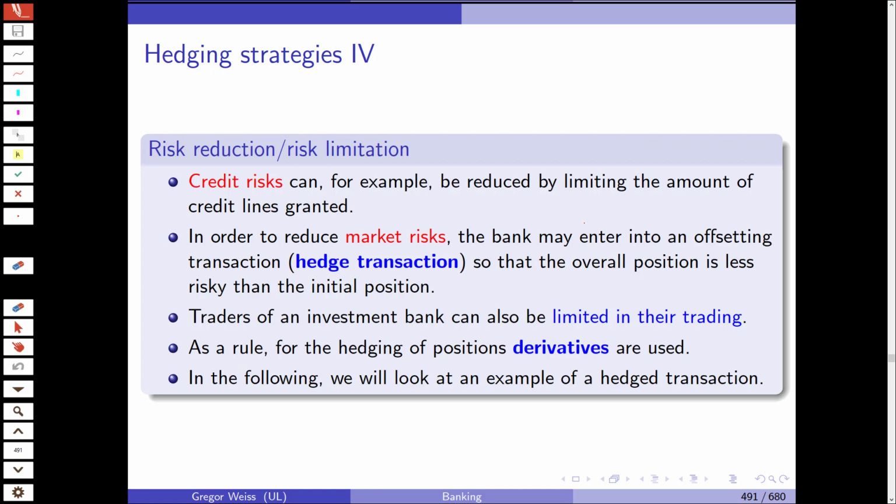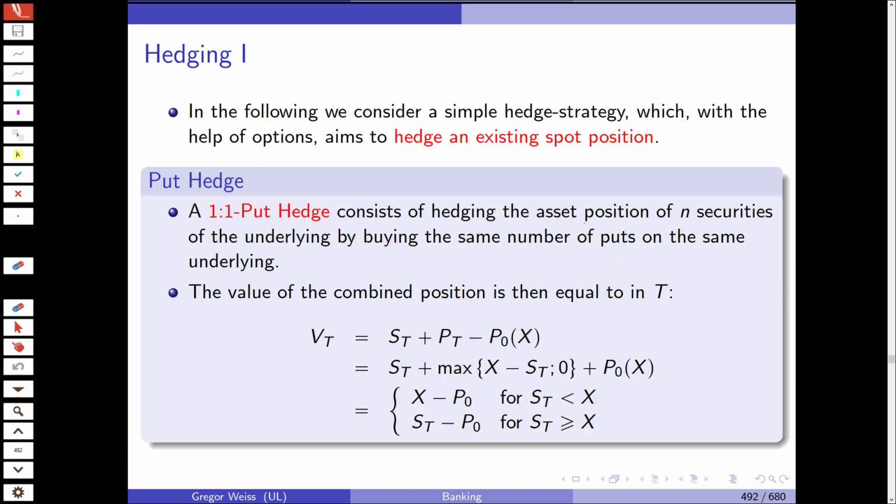And traders of an investment bank can also be limited in their trading. And as a rule, for hedging positions, usually financial derivatives are used. And this is why in the following we'll look at some prime examples of hedged transactions